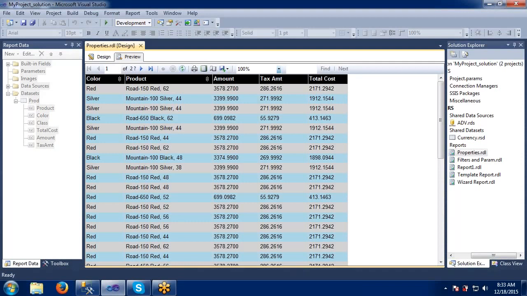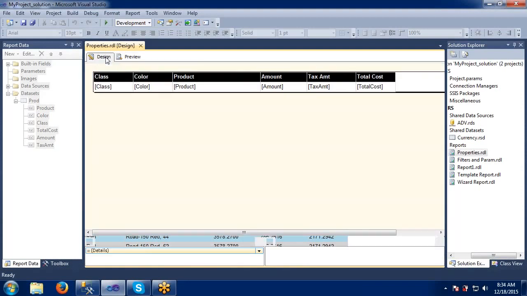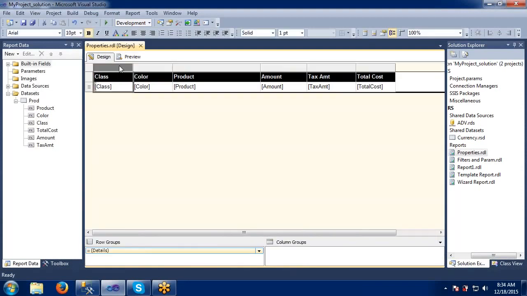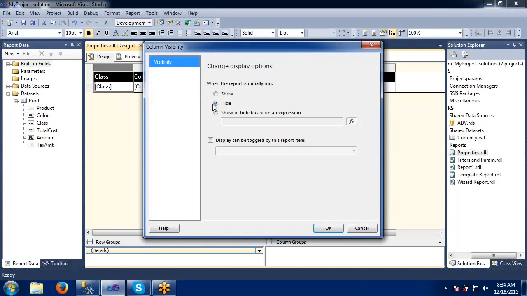Previously, when we tried to apply this concept on the rows, it was displaying the column but not the rows here, right? It was somewhat awkward. White patches are displaying on this report. To overcome that, we have some tablix properties where we can completely hide it. If you don't want to display it to the customer or end user, we can simply go to column visibility, just hide this one, or show.